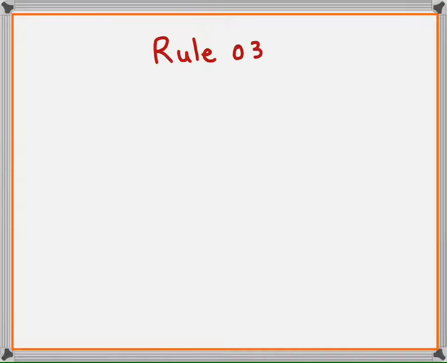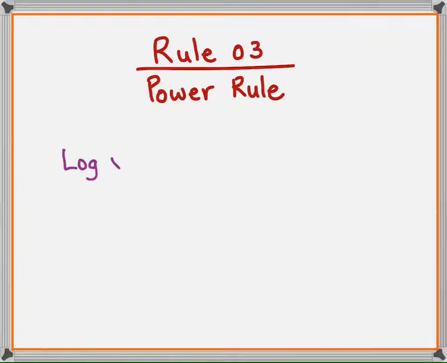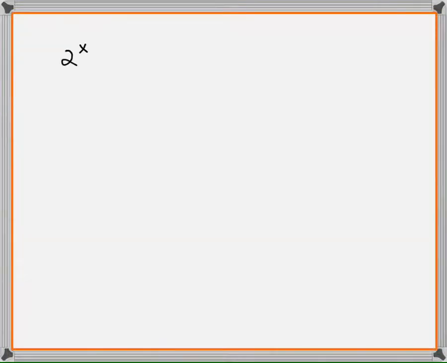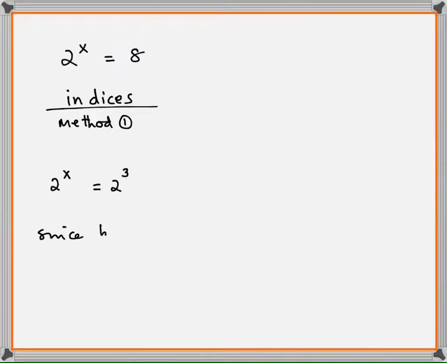So, rule number 3, that is the power rule. How can I use this rule? I can use this rule to find unknown powers using the rules of logarithm. For example, 2 raised to the power of x equals 8. We all know the answer. 2 raised to the power of 3 will be 8. So if something can be done using indices, what can be better than this? I mean, that is something to be most happy about.